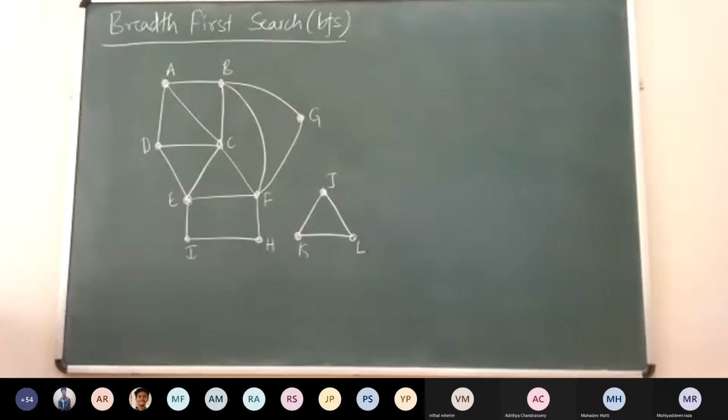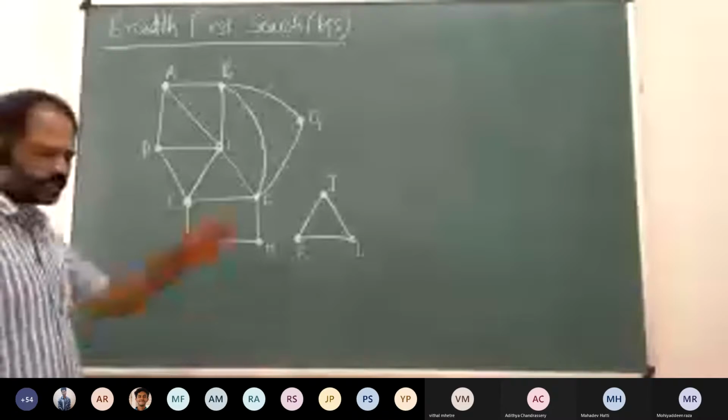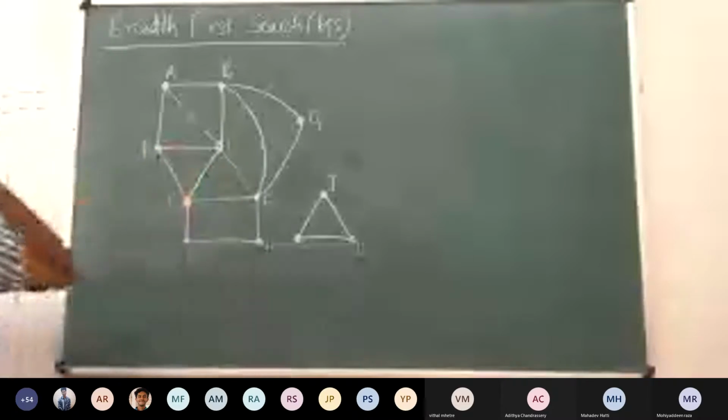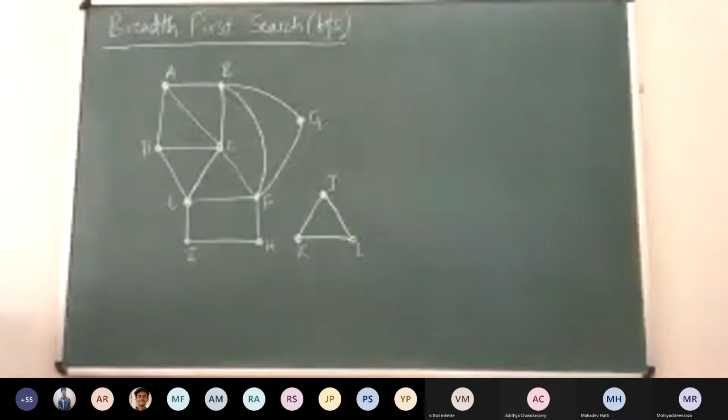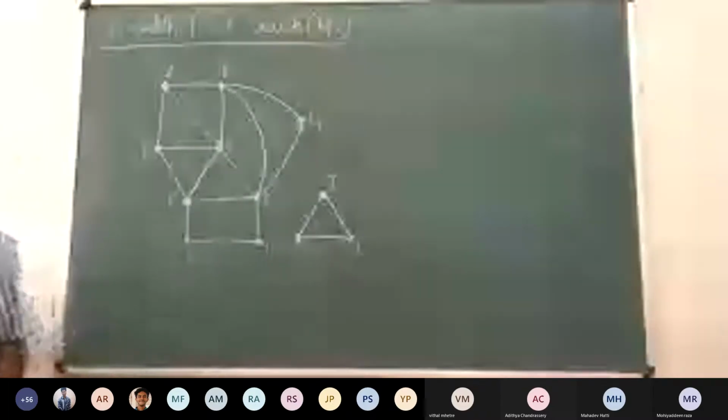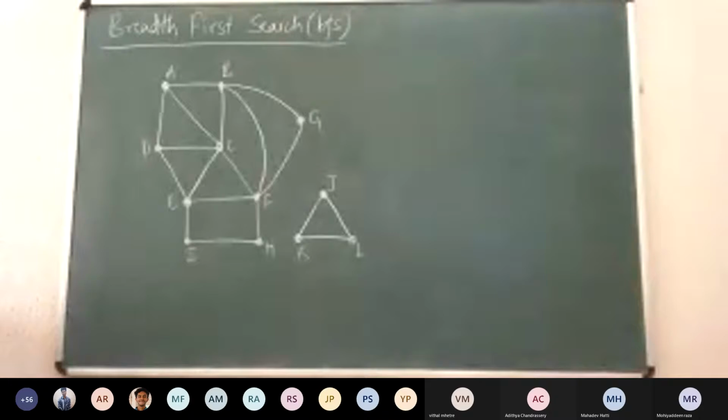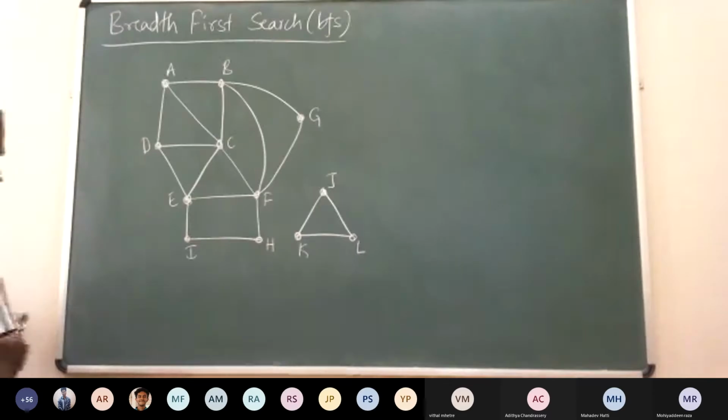And even in graphs, that is what we do. You start at some point and mark it as visited, then you go to its neighbors and visit all of them before venturing further. Then you go to the neighbors of neighbors and mark all of them as visited. Then neighbors of neighbors of neighbors. You keep on doing this. This is what we call breadth first search.